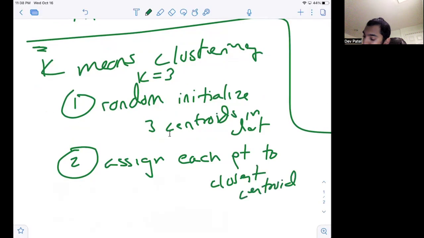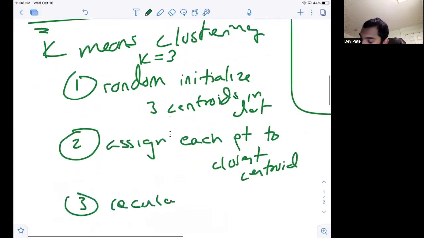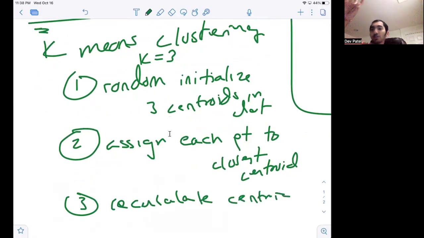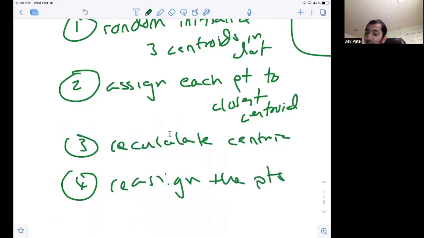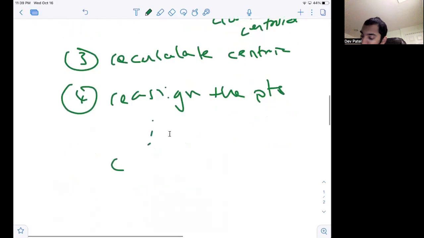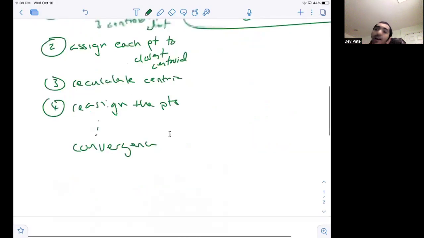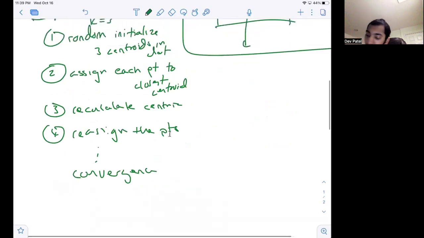And then we recalculate the centroid, because now we have new points for each cluster, and now we can recalculate the centroid. After we recalculate the centroid, we then reassign the points based upon the closest centroid. And we keep on doing this until we reach convergence, such that in 2 consecutive iterations the clusterings don't actually change. All of the points stay with their respective clusters, and that's when we know that we are able to stop